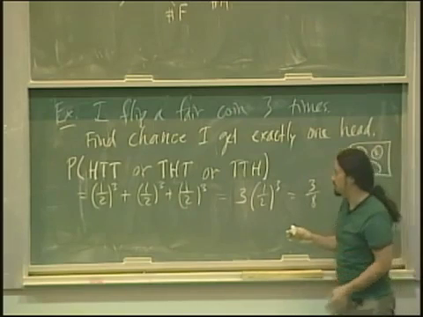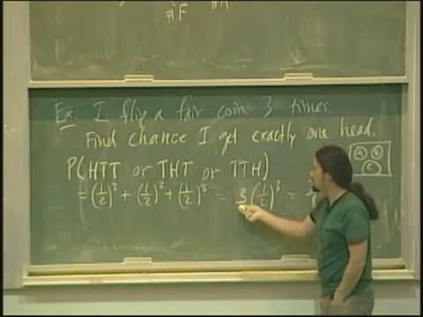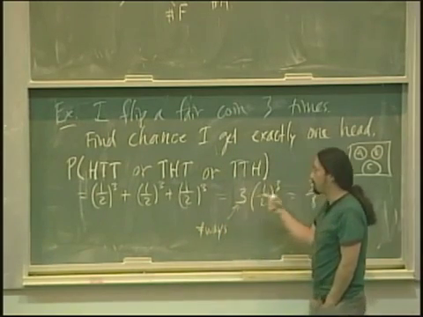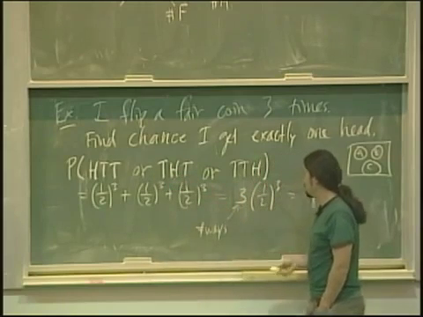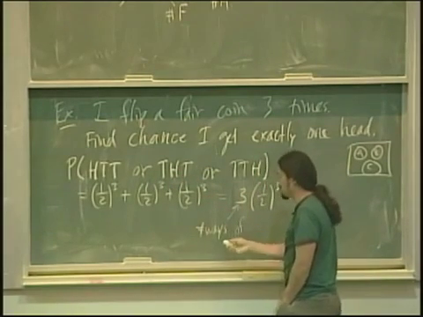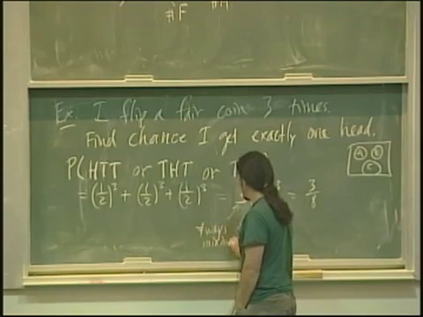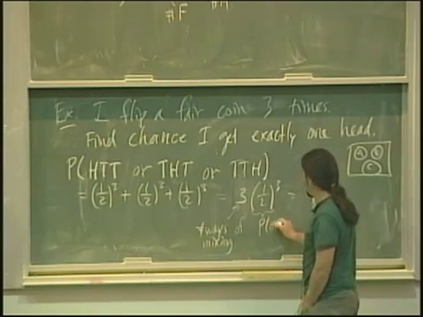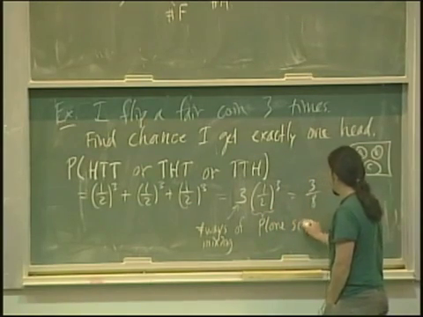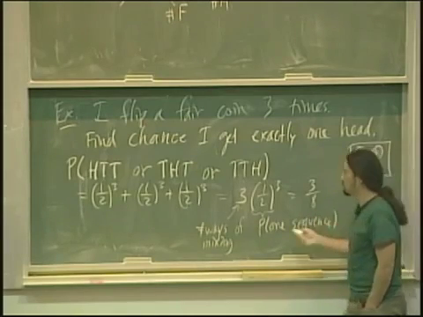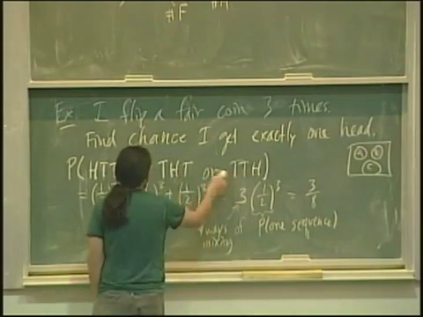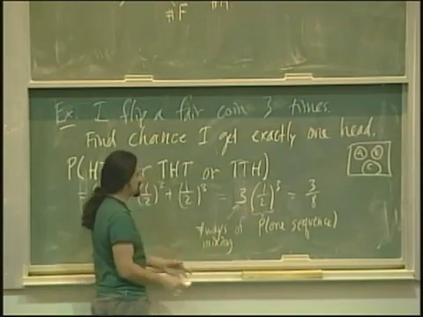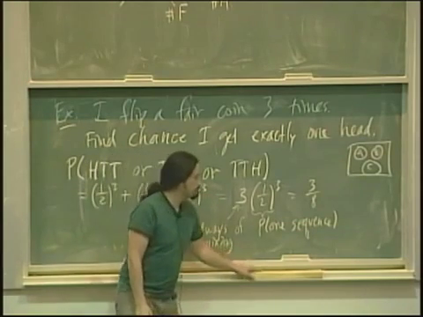So like I say, you could think about this as counting the number of ways of mixing up the 2 T's and an H. So I'll just say number of ways of mixing or permuting those 3 things. And this is the chance of 1 sequence. Okay? These 3 sequences all have the same chance. So if we just multiply the number of ways of mixing them up times the probability of one particular sequence, then we get the right answer. Okay, so